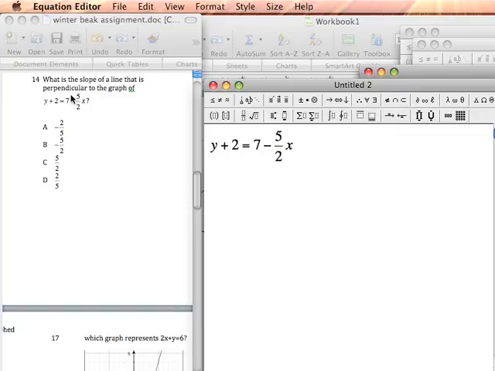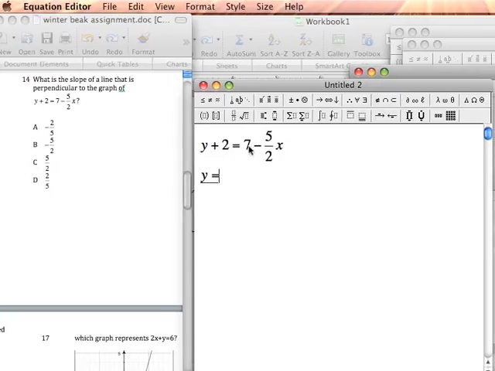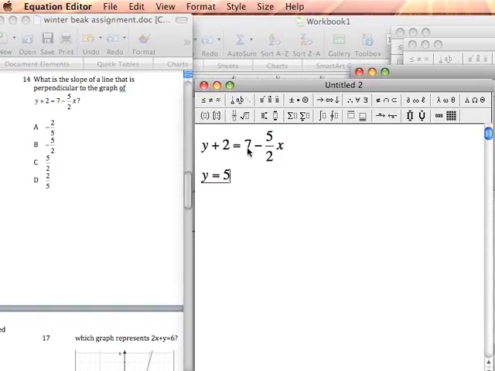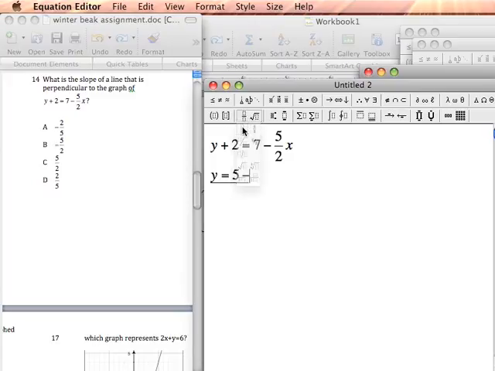So the first thing, let's solve for y. So in this case, let's subtract 2 on both sides. So I subtract 2 on the left side, this positive 2 cancels out. I subtract 2 from the constant 7, I wind up with 5. So now it's y equals 5 minus the 5 over 2,